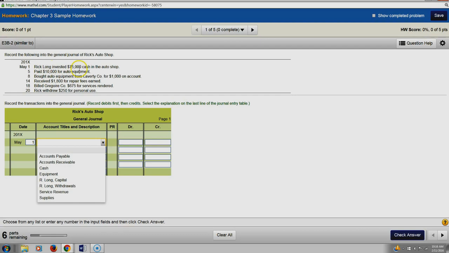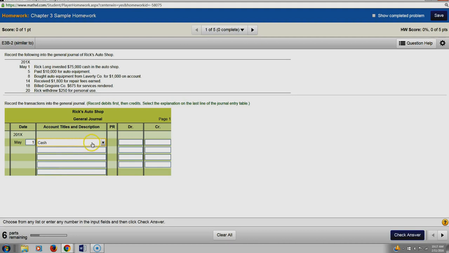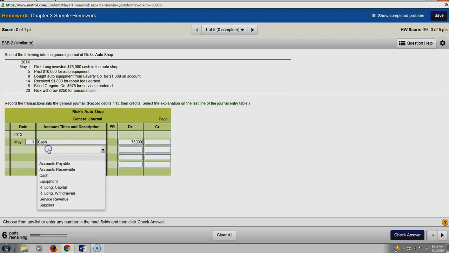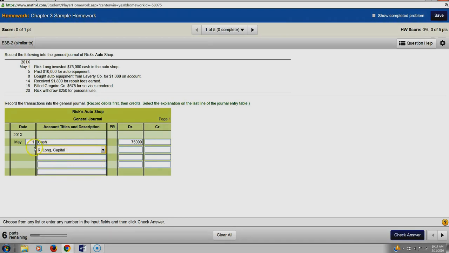So Rick Long invested $75,000 cash. So you just drop down and you know you're going to add to cash, which would require a debit. So again, you're not in the accounts, you're in a journal, which is like a diary of what's going on and what accounts will be affected by the transaction. So if you did your analysis, you know that the owner invests and we have the cash account going up and the capital account going up, so that we would have to